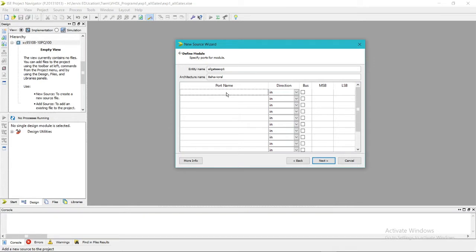So let's see, A comma B are inputs and outputs will be out and, out or, out not, out NAND, out NOR, out XOR,